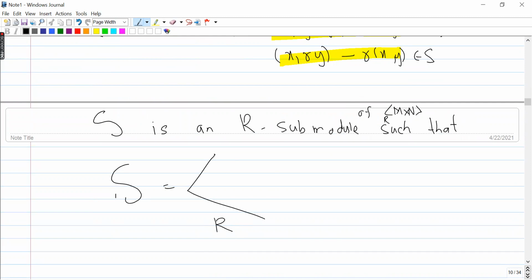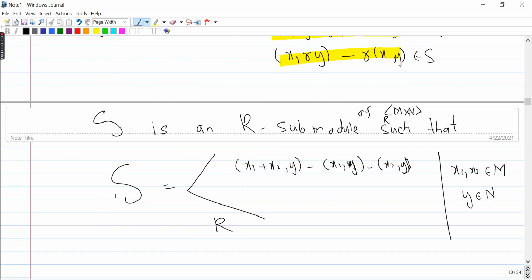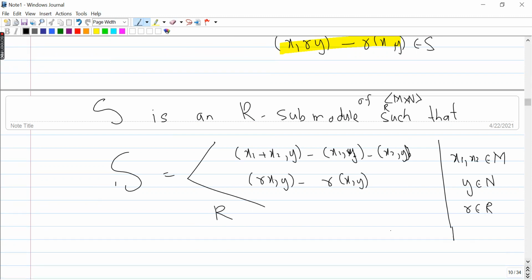What will its generators be? x1 comma x2 minus y1, where x1 and x2 are sitting in M and y is an element of N, and Rx comma y is equal to minus, and here R is an element of R, and also it is generated by